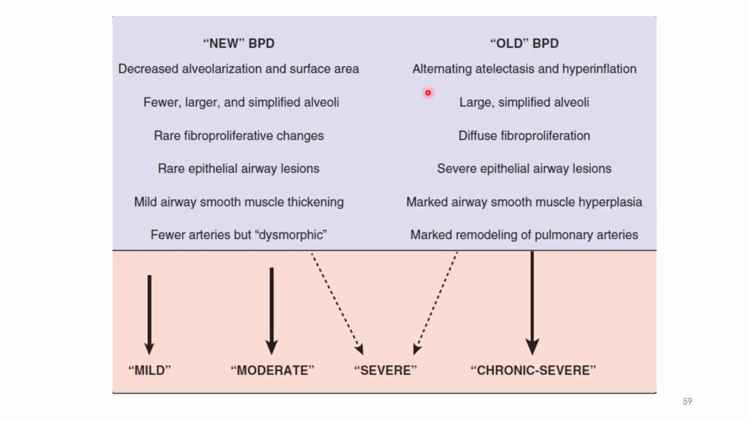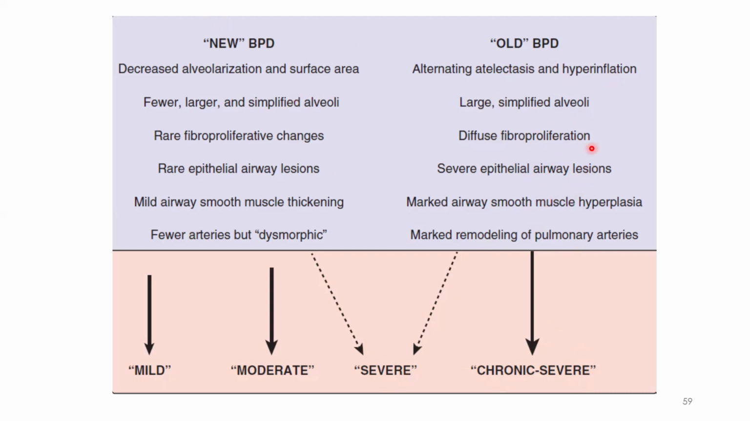What is old BPD? This BPD was basically described by Northway. At that time, late preterm infants were ventilated for a prolonged period, and the pressures were also unregulated, which caused alveolar injury. There is atelectasis, inflammation, and diffuse fibroproliferation, which also cause epithelial airway injury and large airway abnormality. Then there will be pulmonary vascular remodeling. So old BPD basically gives either a severe or chronic severe form of BPD. But new BPD,